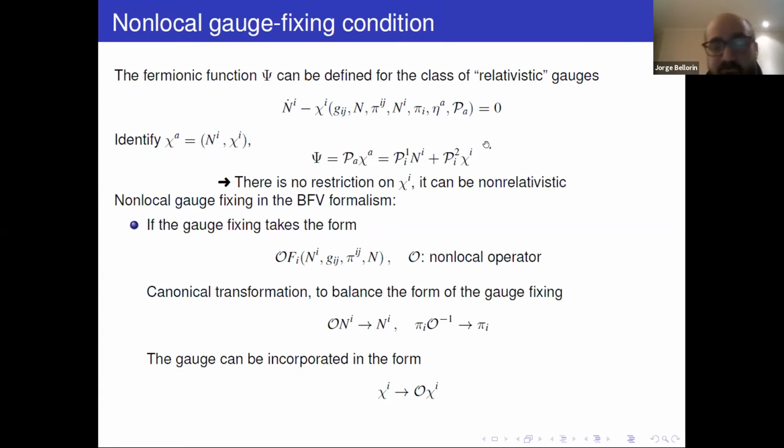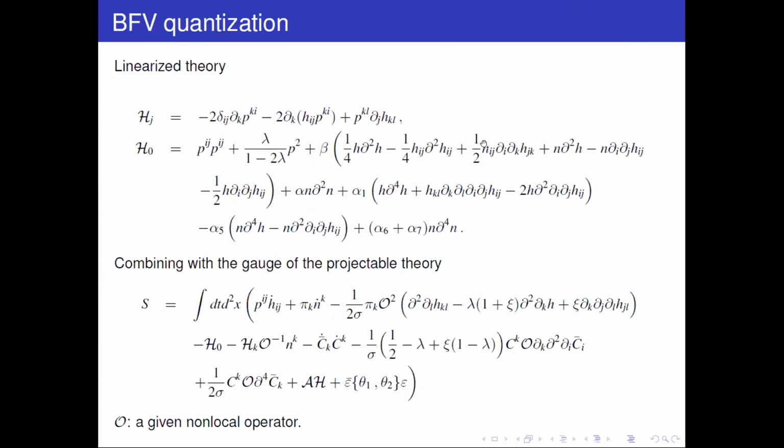So no problem, you perform a canonical transformation, and all the original gauge fixed condition can be written in a non-local form. And after doing this, let me show, to finish, a specific computation with the perturbative action. The only thing that is non-defined is the non-local operator. So the idea is that you can extract dynamics from this action.